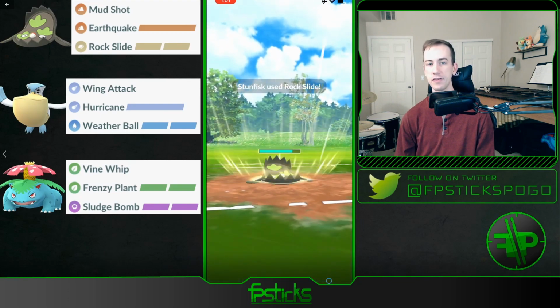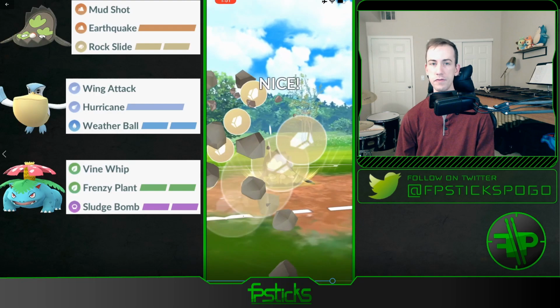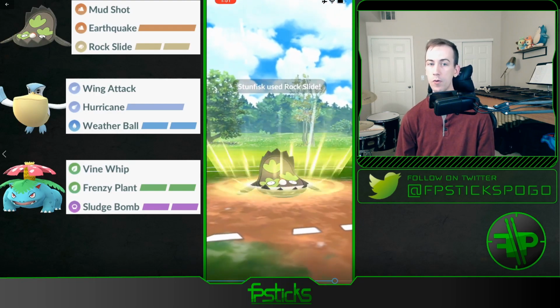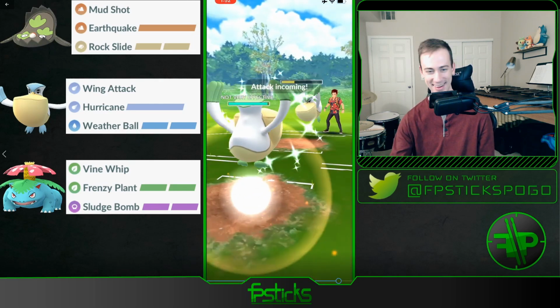And I have 2 Rock Slides stored here. Going to throw another Rock Slide. They have still not even thrown a move yet, but they have 10 wing attacks of energy. They have back-to-back Weather Balls or a Hurricane stored right here. So I'm going to get hit by some...